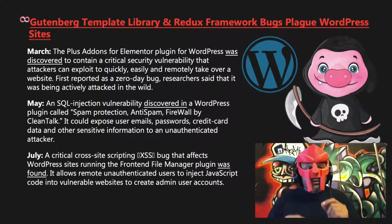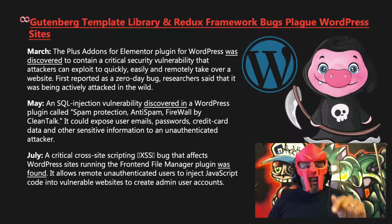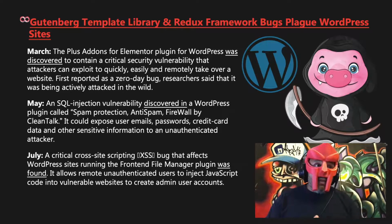The WordPress organization needs to change how they do things. They need to force plugin developers to put in more time and effort to regularly update their work, or they should threaten them to remove their plugin. WordPress, and all systems for that matter, need to implement more stringent plugin acceptance criteria with regular checkups and